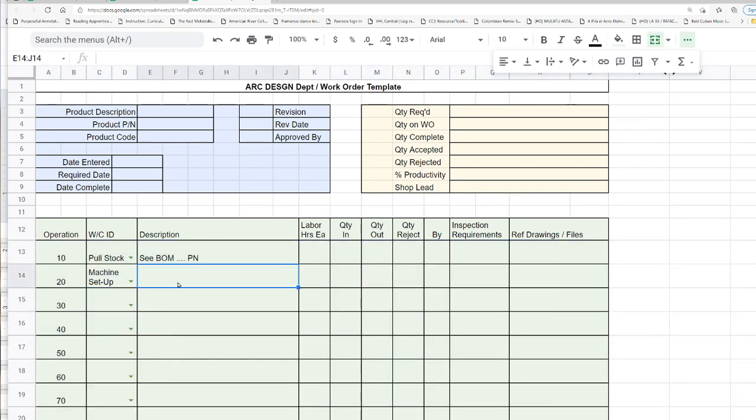This is where you would tell them what machine to do it on. Is it a lathe? Is it a mill? Is it an EDM machine? So this would describe the machine. Now for these gears, that would be done on a mill. And you could even call it a certain type. But we'll just say it's on the CNC